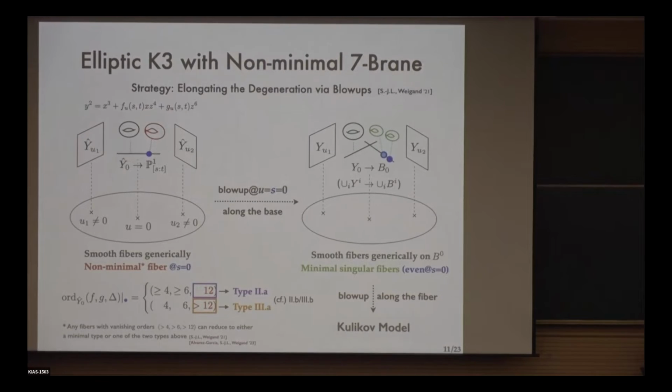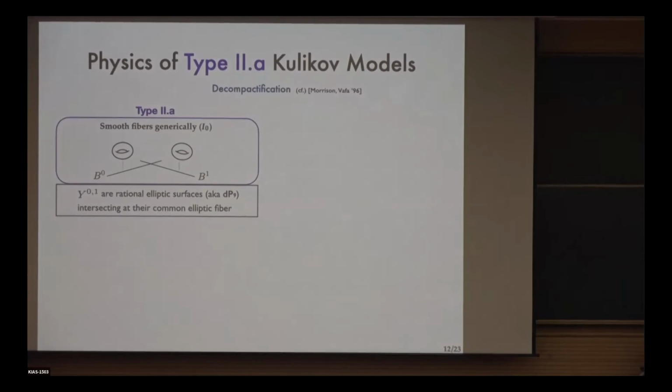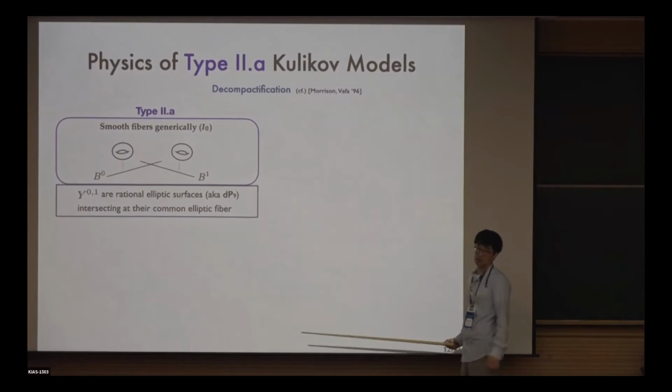Right. So let me now get into the physics of the end result of this procedure, which is the elongated degeneration. Without going through the details again, I'm not showing you how we actually get here, but let me just claim that we get here, and then let me interpret the physics of this end configuration. In the type 2 case, this is how the geometry will be at the end of this procedure.